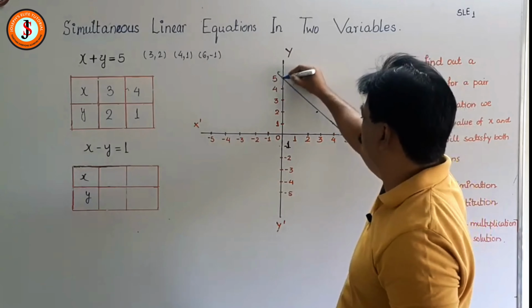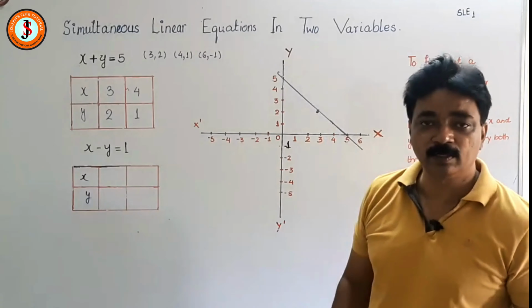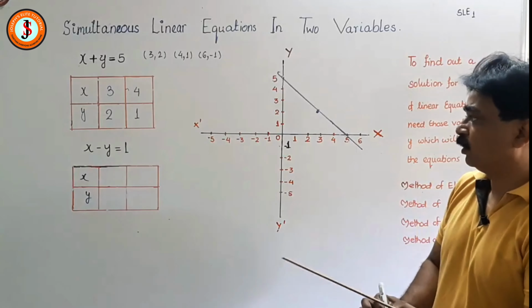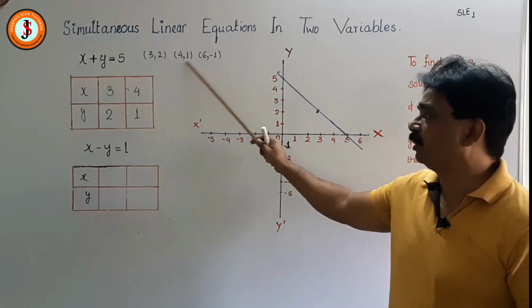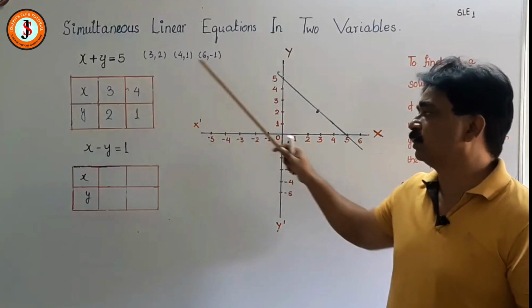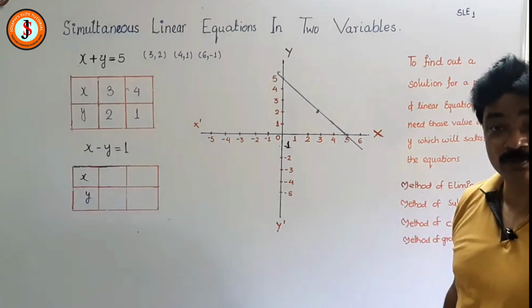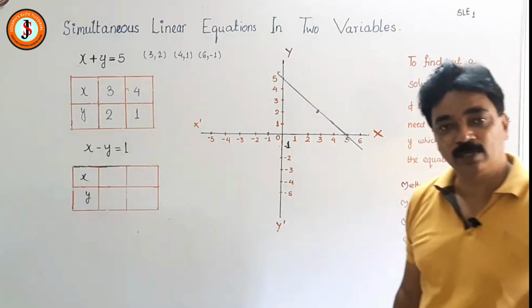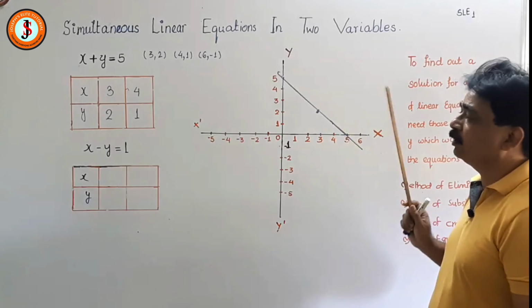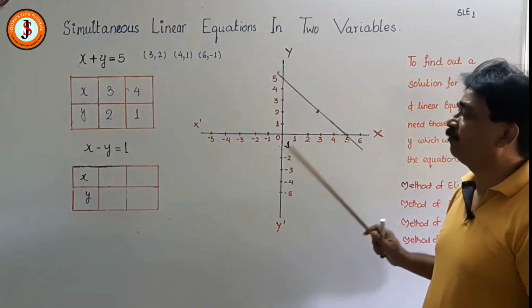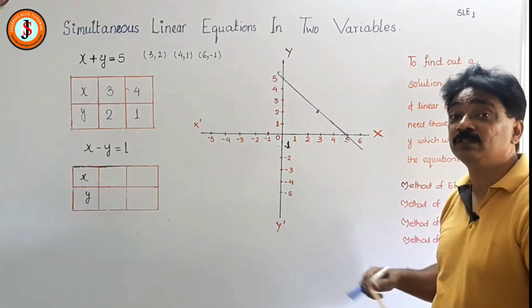So we get this. When you are using graph paper you will get it perfect. Why do we call it a linear equation? Because when we take the values of the variables and place them on a graph, then when we join these points we get a straight line. That is why it is called a linear equation. And every point on that line will satisfy x plus y is equal to 5. That means it will satisfy the equation of which it is the line.